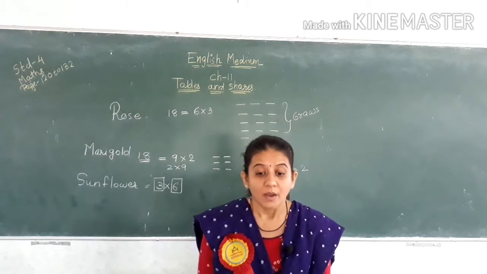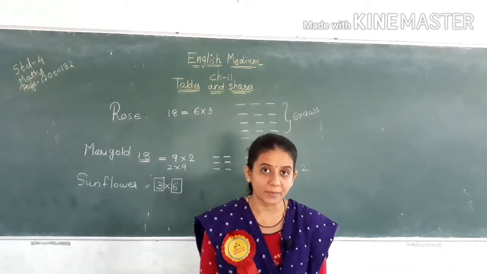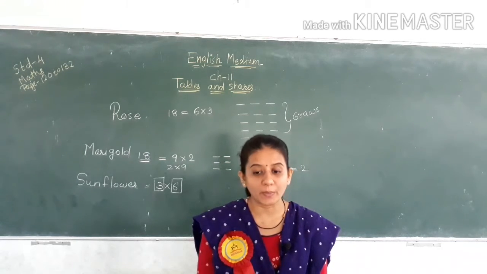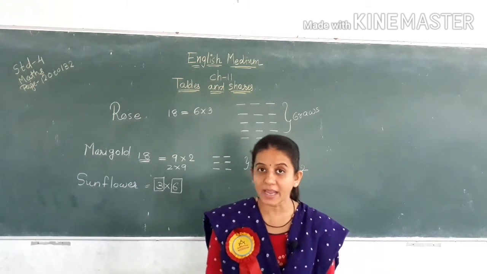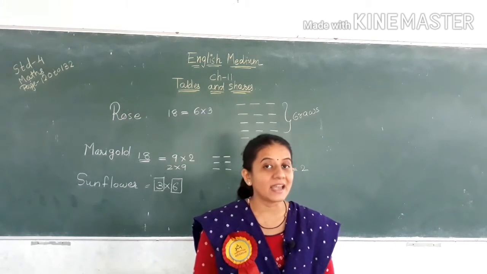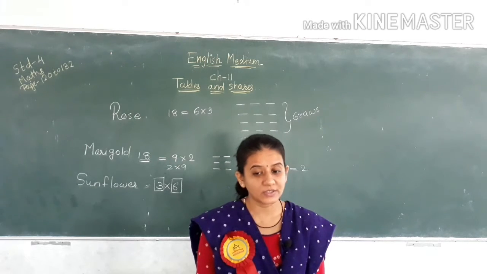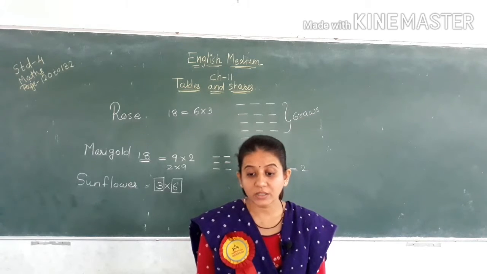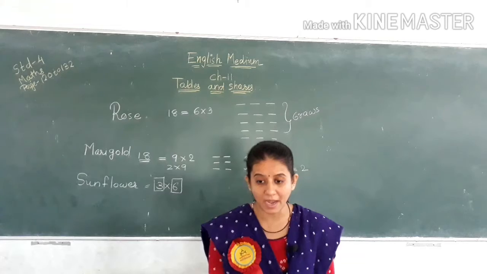Easy tricks. Bunty says, I don't know the multiplication table of 7. So Guddu says, I know the table till 5, but there is an easy trick. I can make the table of 7 with the table of 2 and 5.